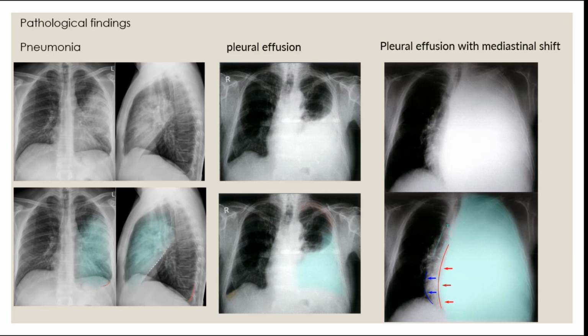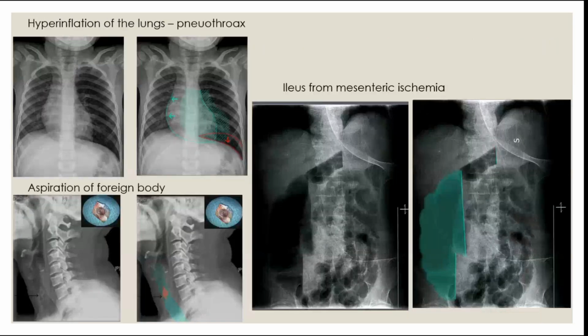This is also one of the things they focus on. We can skip to the next one. In this one, we can see hyperinflation of the lungs due to pneumothorax. Usually the heart, if you see in the left picture, there's a green line. This is the normal position of the heart. So in pneumothorax, we see that the heart is shifted more to the right, and